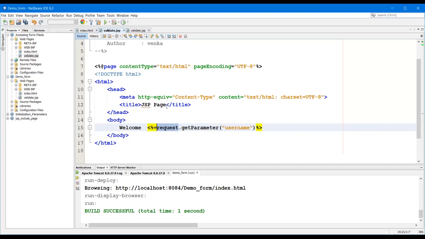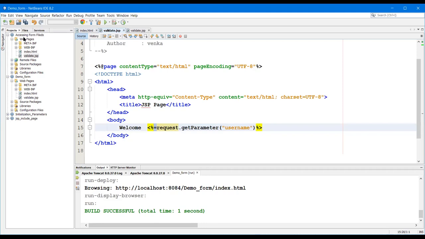Then we use request.getParameter and store it in a variable, and use out.print writer with that name. Like that we have to write n number of lines of code. Here we write it directly without using any variable or any method, using a tag-based approach. It is an expression, we are using equals.